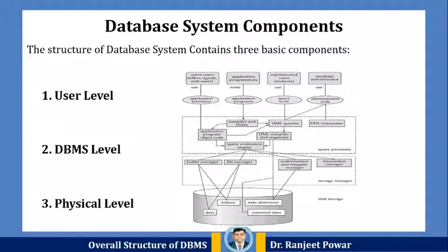There are different types of users who interact with the database. They can use different tools or interfaces to access data from databases. At DBMS level, the query processor processes the particular request of a user and sends proper instructions to the storage manager. The storage manager stores or retrieves data from disk or any other physical media as per the requirement of a user. Students, we will see more detail about this in the next part of the video.